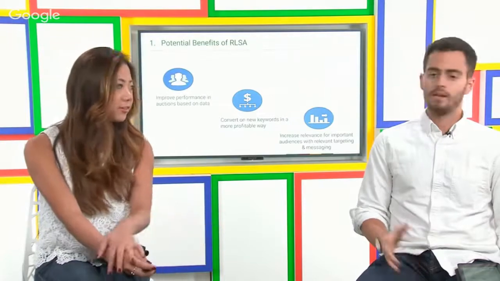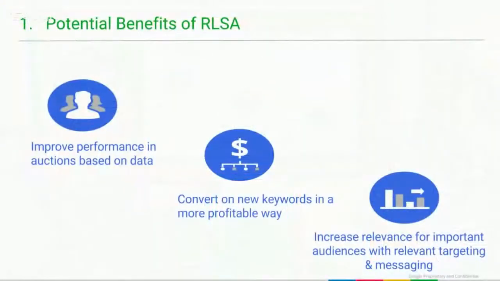So what are some of the potential benefits of remarketing for search? The really powerful thing about remarketing for search, or RLSA, is that we can combine all of the power that we have with direct response with Google search, where people want exactly what we are providing at that exact moment. They're typing into the search bar, they want it right now, with the pre-qualified traffic that we have with these remarketed audiences. So by combining those two, we know just in general terms that if somebody is searching for